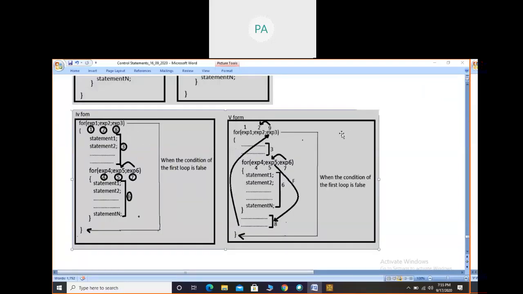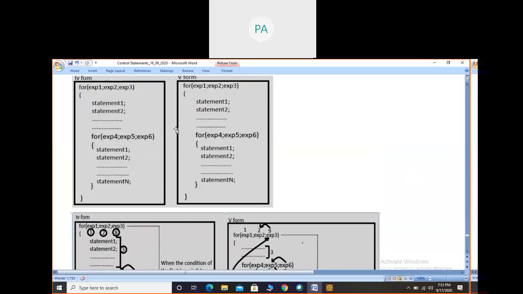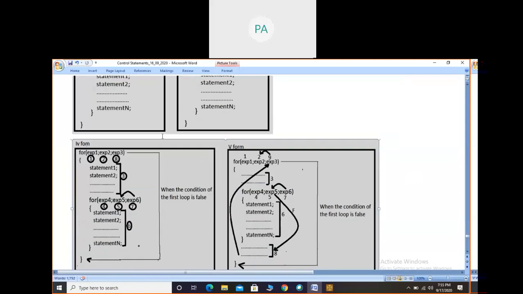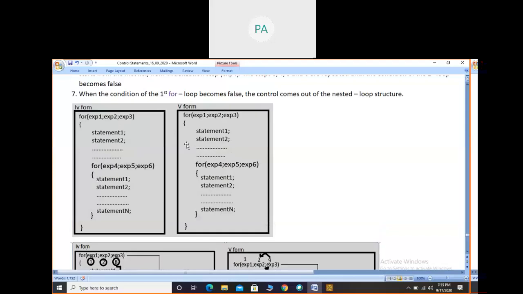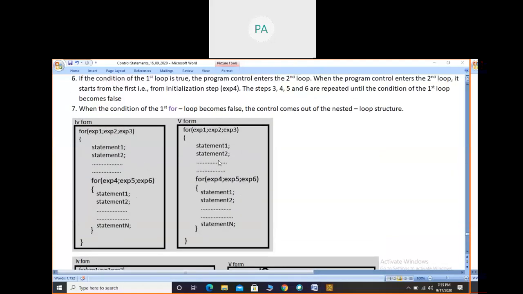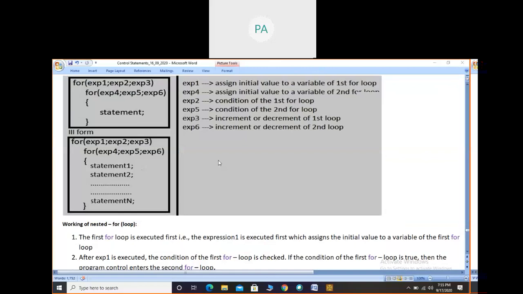Okay, so when you compare this fourth form and fifth form with the previous forms, see here, I have written fourth and fifth form two times because here I have written only the format, and there I have written the format with the working steps. So when we compare this fourth and fifth form with the previous forms, we shall compare with the third form.